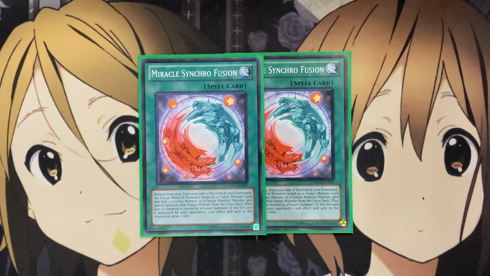So using Miracle Synchro Fusion, you remove from play from your side of the field or your graveyard the fusion materials that are listed on a fusion monster card that lists a synchro monster as fusion material monster, and special summon that fusion from your extra deck. This special summon is treated as a fusion summon, and if this set card is destroyed by your opponent's card effect and sent to the graveyard,